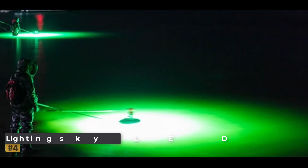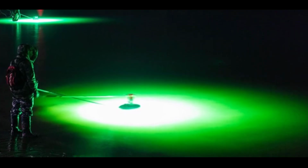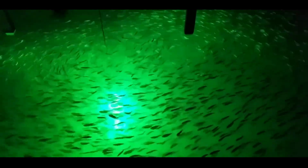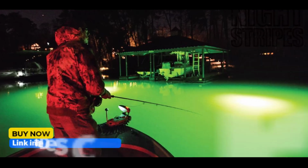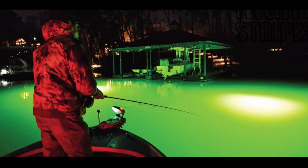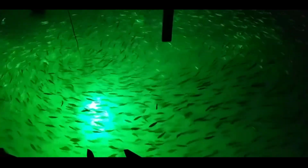Whether you're targeting squid, which are naturally drawn to green light, or looking to lure in krill and phytoplankton with blue LEDs, this versatile light has you covered. For an all-around glow that works for various species, the white LED option is perfect for general-purpose fishing. Built with a unique 5-sided design, this light provides a full 360-degree view, making sure no fish can miss its glow. With 180 SMD super bright LED lights and an ultra-low 14-watt power consumption, it runs up to 8 times